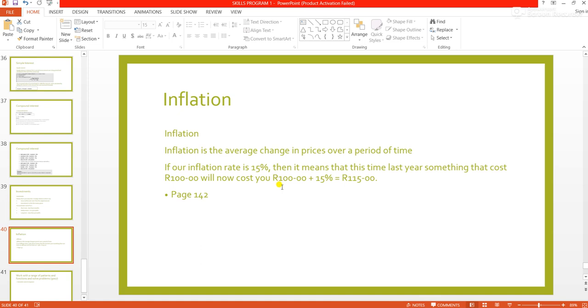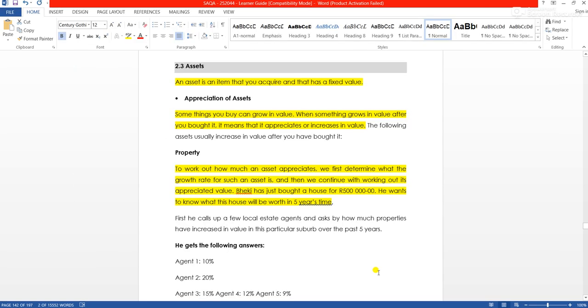So let's go to your learner guide page 142. In your learner guide page 142, it talks about assets. An asset is an item that you can acquire and that has a fixed value. So you've got appreciation of assets. Some things you can buy can grow in value. When something grows in value after you bought it, it means that it appreciates or increases in value. That is normally in property. So when you buy a house,